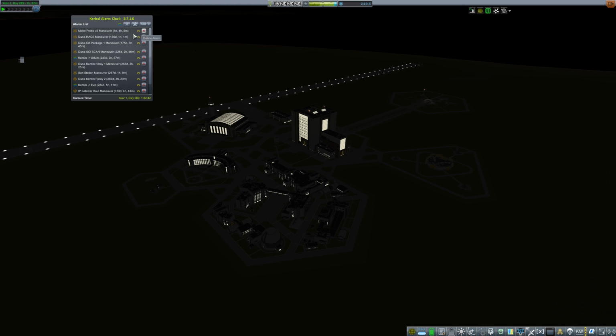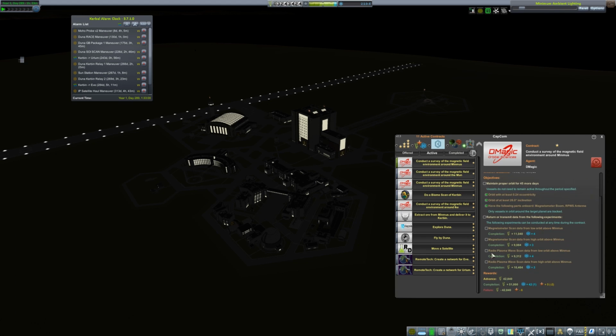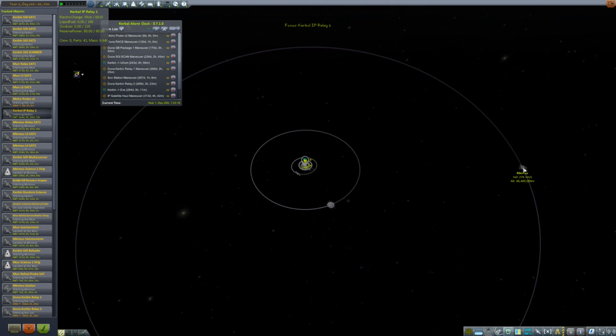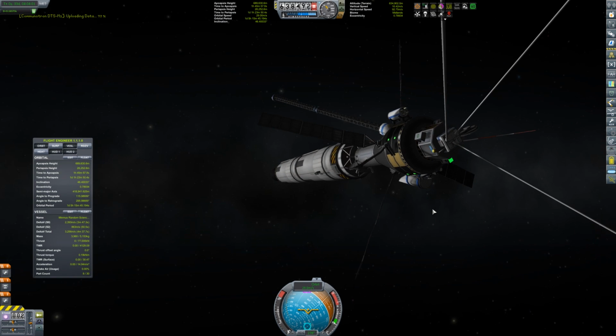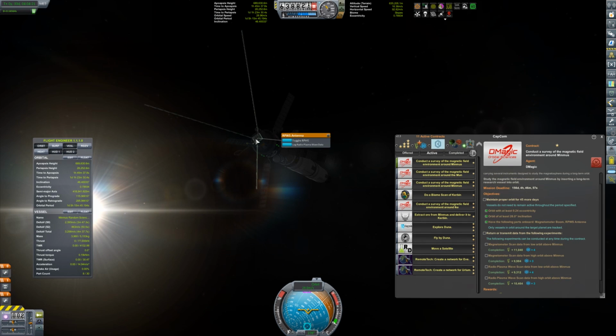And so I do a quick check for our contracts and I notice that we have additional contracts with the probe that I have orbiting around Minmus. This probe is paying for itself so much. So right now it's orbiting around Minmus with a huge tank of fuel. Like, it's got way more fuel than it needs. Like I said, I'm probably going to send this thing off to somewhere else when it's done,